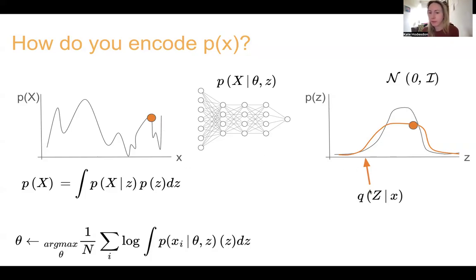So if we had this, then we could compute, for instance, the expected value of the probability of X given Z, just restricted to those Z sampled from Q. So this would allow us to find the most likely X given Z. In practice, actually constructing this posterior is non-trivial, and this is the goal of variational inference.